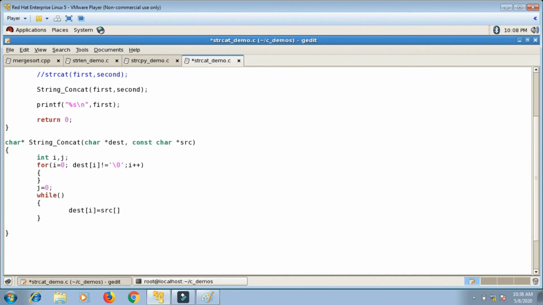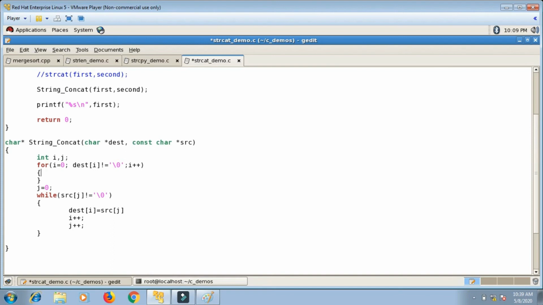So dst[i] equals src[j], because j is 0, and first you will copy the 0th character, then the first and then the second. The while loop condition is that you perform this copy till you do not get a null character in the source string. So src[j] not equals to null character, and here you will increment both, i++, j++.